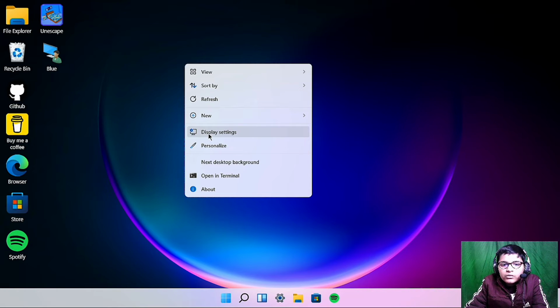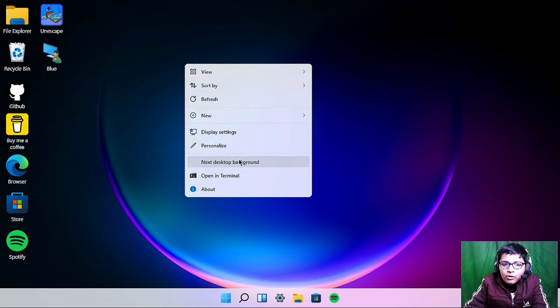Display settings, I know this will not work. The reason is that it is not a complete emulator. It will just give a little bit of a feeling. But if you guys want a detailed video on Windows 11, then I will download Windows 11 on VirtualBox, and then I would be showing you Windows 11, and that video is going to be even more awesome. So please wait till that time.